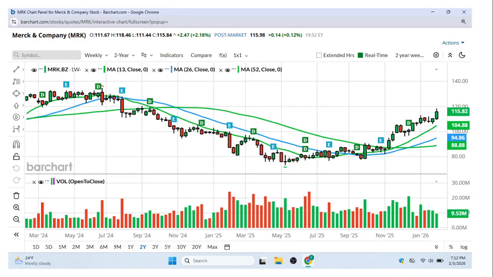So here's a 2-year weekly chart of Merck and Company, symbol MRK. We can see on the chart pretty clearly a stage 3, then a stage 4 downtrend, and then the sideways trend here. Then we've got this igniting green candle, sideways for about 5 or 6 weeks, and then another nice expansion upward in price. So that would be an example of a chart that's now in an uptrend.